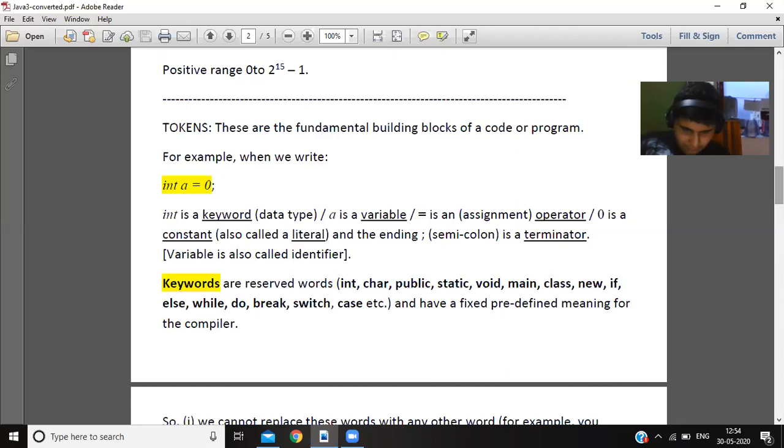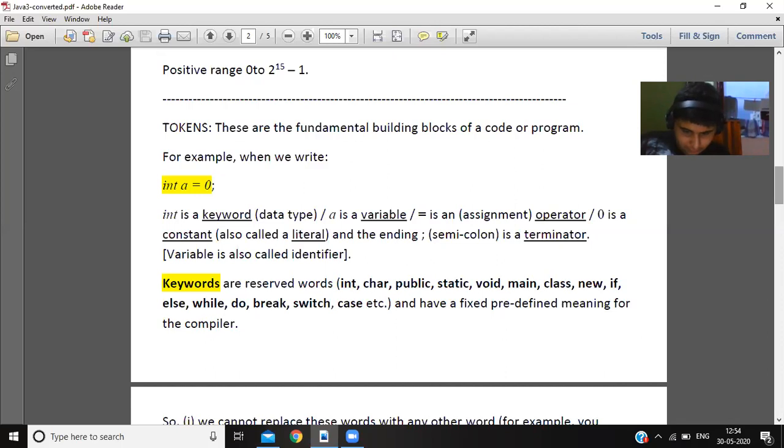A is a token, which is a variable or identifier. Equal sign is a token, which is an operator. 0 is a token, which is a constant or literal. And semicolon is a token, which is a terminator, a punctuation mark. Sometimes it is also called punctuator.